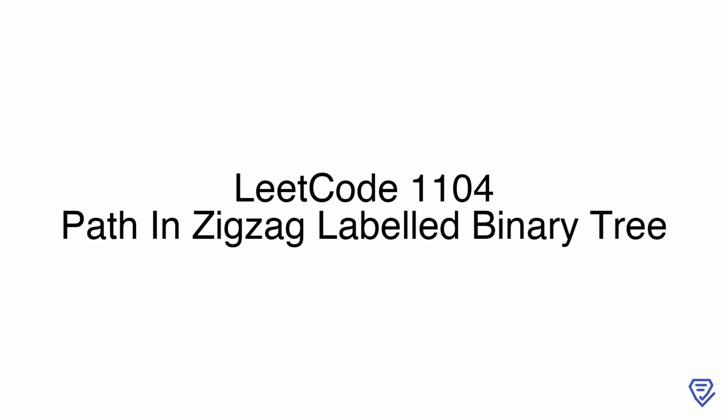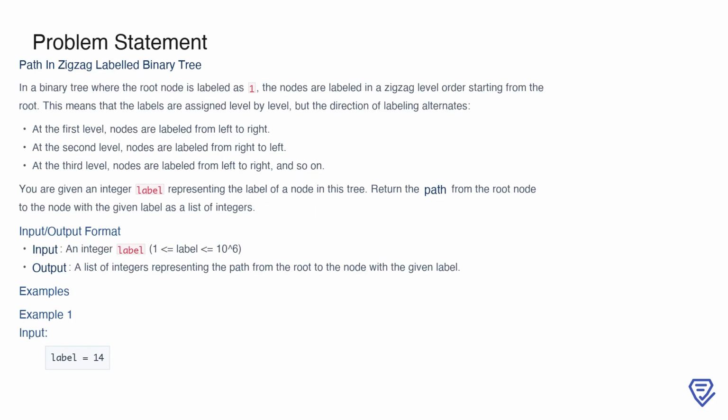Let's dive in. This problem involves a binary tree where the nodes are labeled in a zigzag pattern. The labeling starts from the root node, which is labeled as 1. At the first level, nodes are labeled from left to right. However, at the second level, the labeling alternates to right to left. This zigzag pattern continues, with the direction switching at each subsequent level. For example, the third level is labeled from left to right again, and the fourth level switches back to right